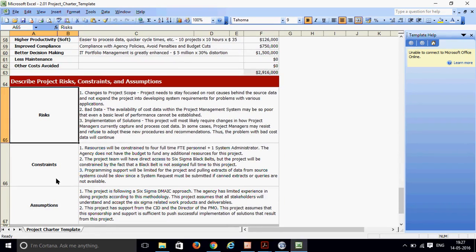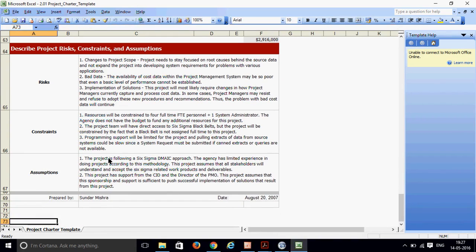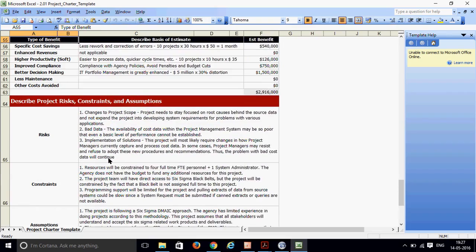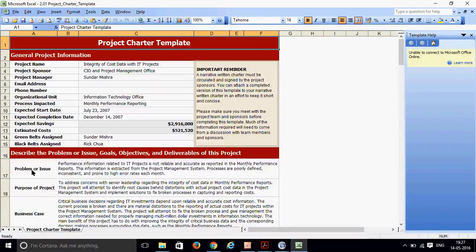Then you'll have a risk, constraint, and assumption, so you need to mention this as part of the project charter. So basically, the project charter consists of more or less this. This is a sample template that I'm trying to show you. Companies can remove some of the items or keep the same thing. But what I'm trying to say is this is a sample template, and to get a project approved, you should have at least all this information, so that when you give it to your business sponsor,